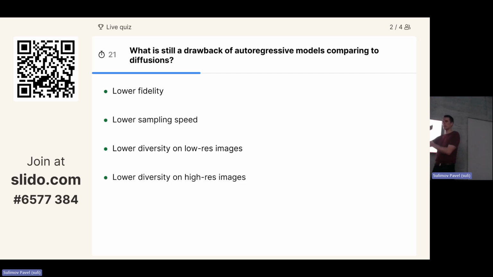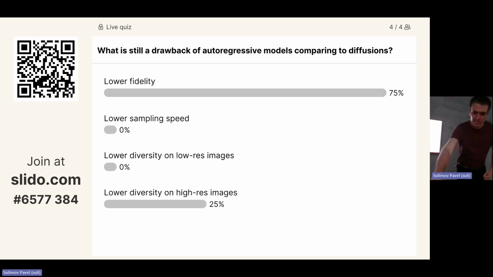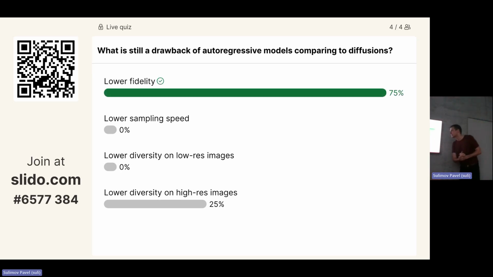So the drawback of autoregressive: we mentioned now autoregressive is like pixel by pixel. So what would be the obvious? Think about the most obvious. If you're generating pixel by pixel, or if you're generating the whole thing at once, what should be the drawback of autoregressive? Ooh, everybody managed to answer. And boom. Okay, good.